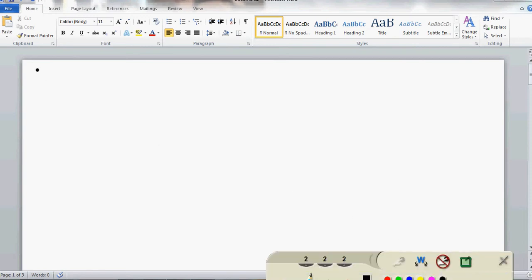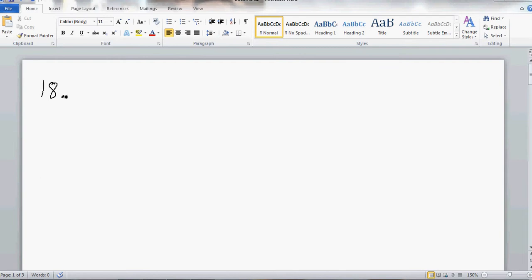Okay, we're ready for number 18. And number 18 starts out by giving us a function. F of x equals -2 times (x minus 3) times (x plus 1) cubed. Okay, part A,